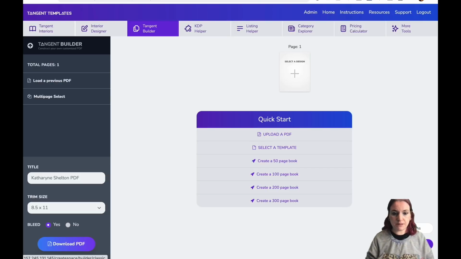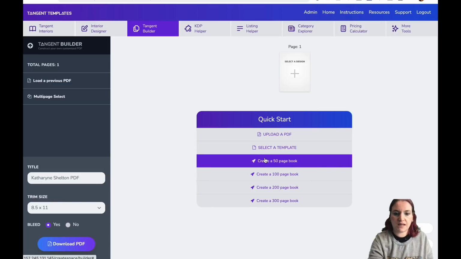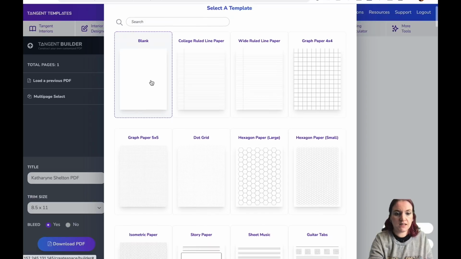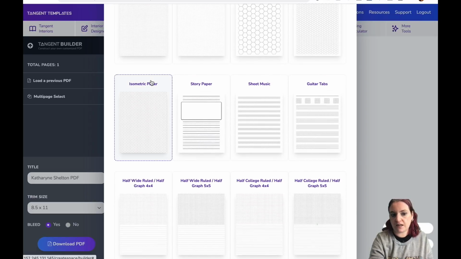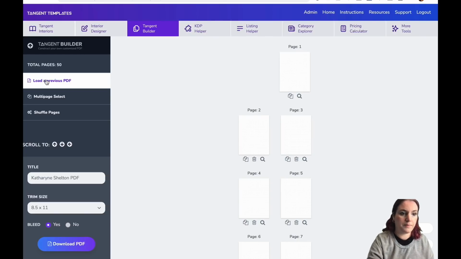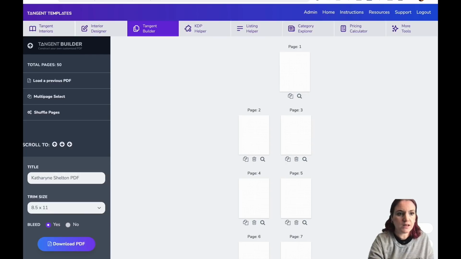Now, the Tangent Builder is here for you to create a book. What I'd recommend is actually starting with a basic book template. So if you feel like in your book you want to have dot grid pages all the way through, you can use a dot grid as your default page in your book. You can also start with a PDF. So for example, let's start with a planner. So I'm going to go